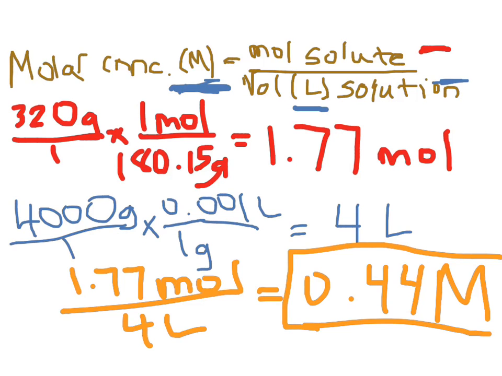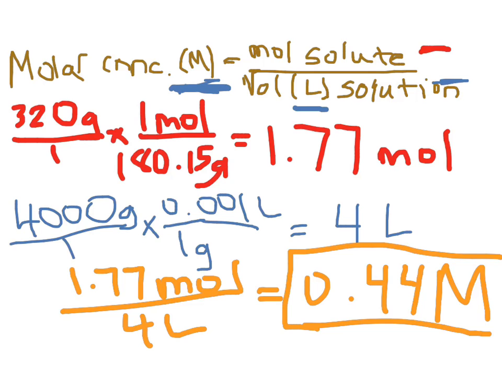So you're going to take that conversion. So it's going to be 320, which you're given, divided by the molar mass. If you want to do it in simpler terms, you can do that, but your teacher might make you lay it out like this. And you get 1.77 moles. The next thing you have to do is the 4,000 grams of water,